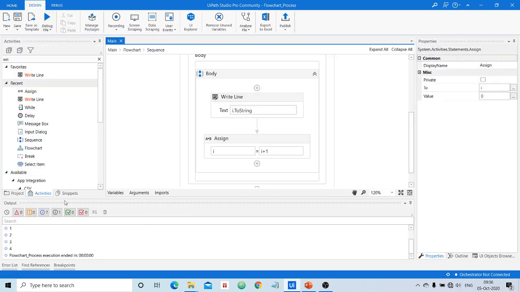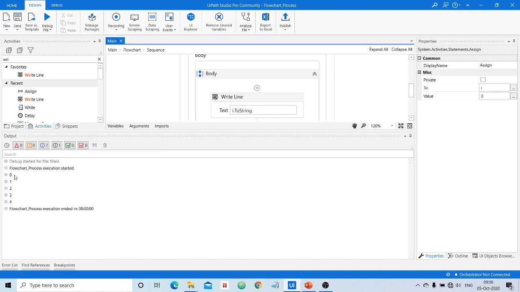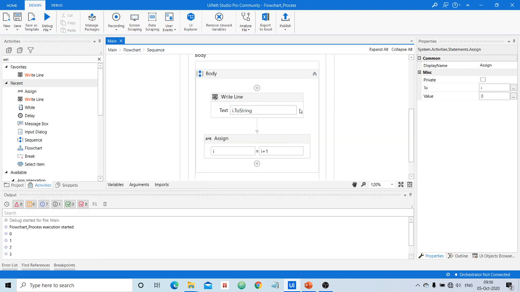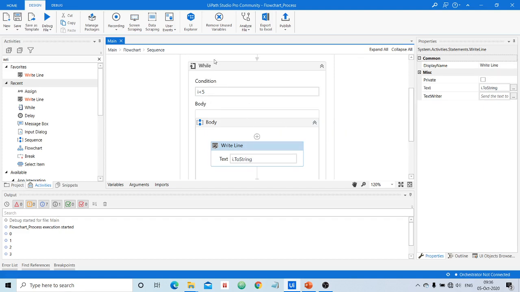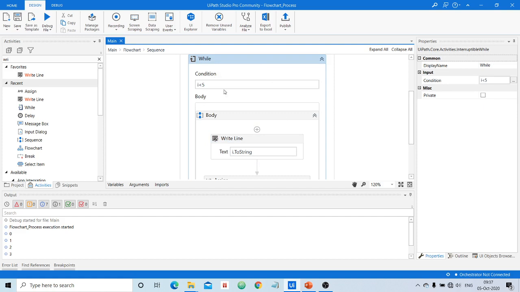Can you see here? 0, 1, 2, 3, 4. This is the output created by our sequence. I am repeating the Write Line activity for n number of times, or until this condition becomes false. This is what I said theoretically, that is the job of the while statement.